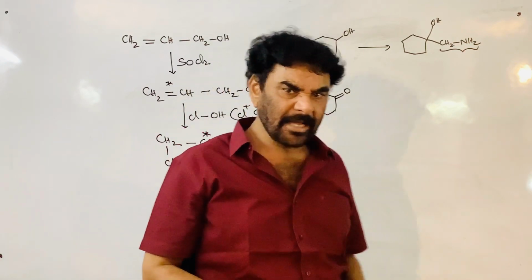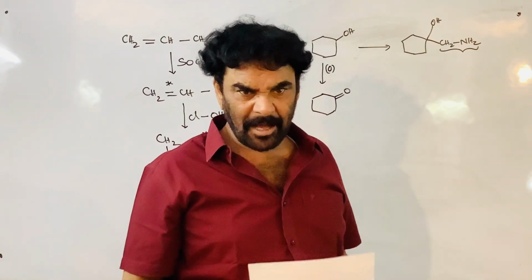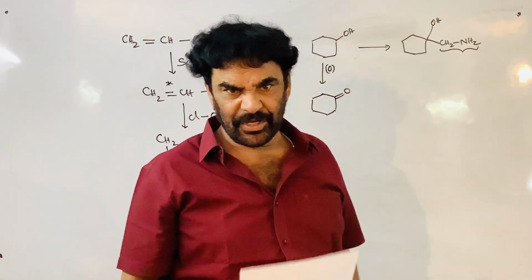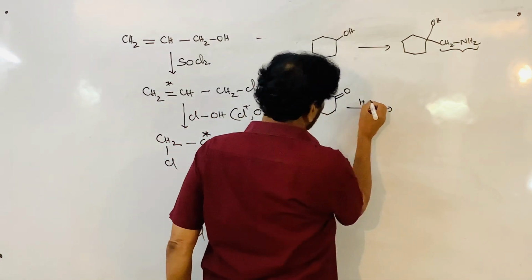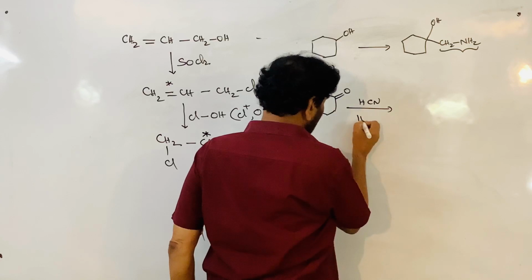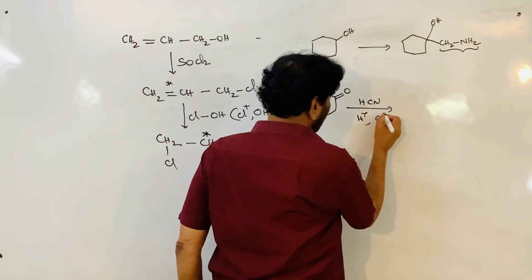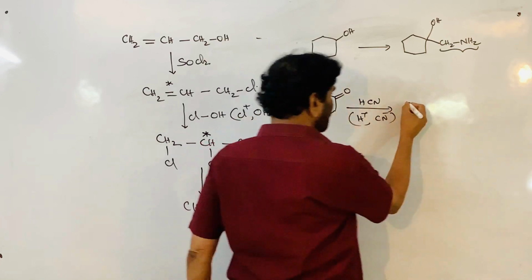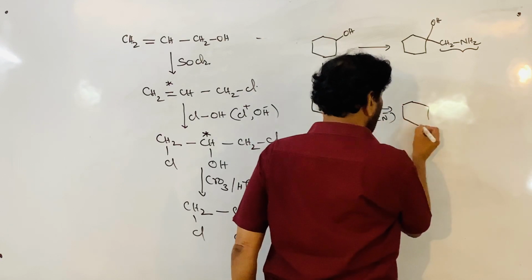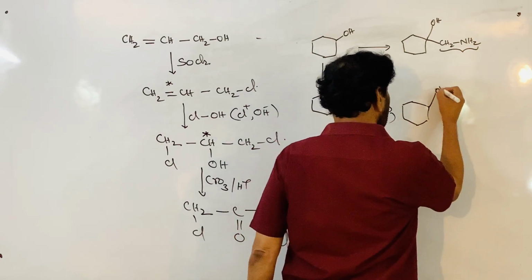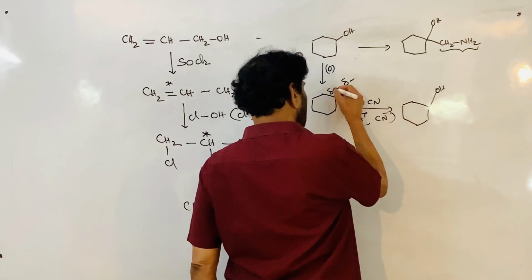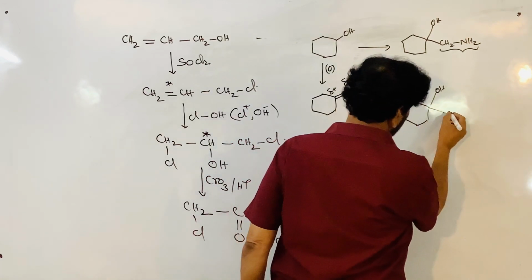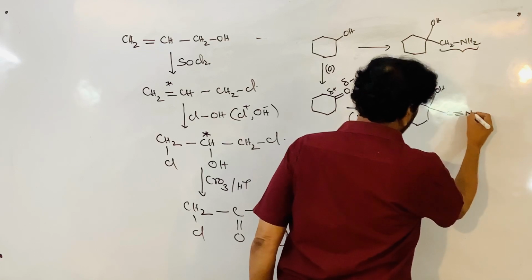The carbonyl group reacts with HCN. Carbonyl compounds take part in nucleophilic addition reactions. The first addition is HCN, where H plus ion is the electrophile and cyanide ion is the nucleophile. Addition takes place and cyanohydrin is formed. The H is added to this, this is the positive charge, and the nucleophile is added to this, C triple bond N.